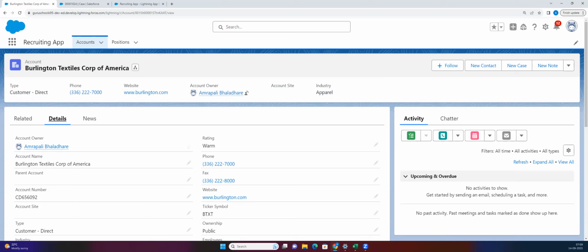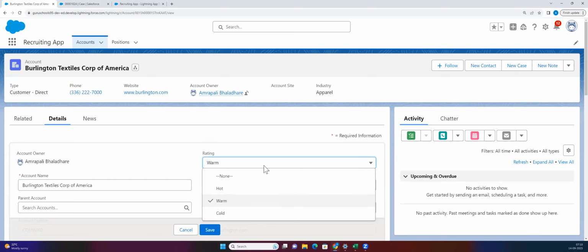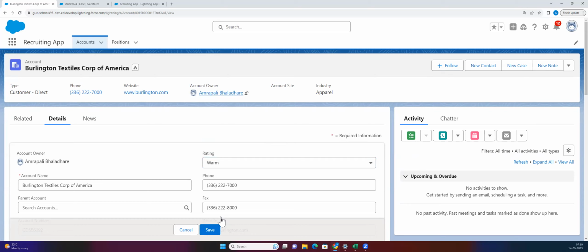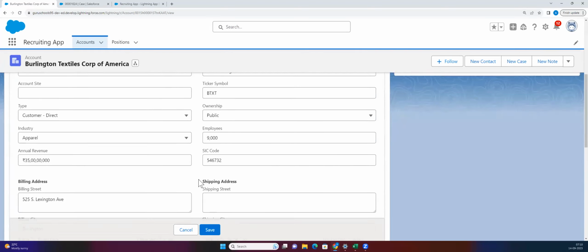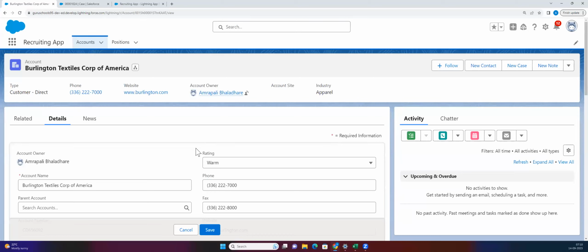We can also set the field visibility, whether it is read only or required on the page. That also we can set from the page layout. For example, let's say this rating field, as of now if I click on it, it doesn't have the functionality of a required field. But let's say you get that requirement from your client and they want certain fields to be read only. You need to understand how they want that particular field as read only, because we have different types of options to make a field required